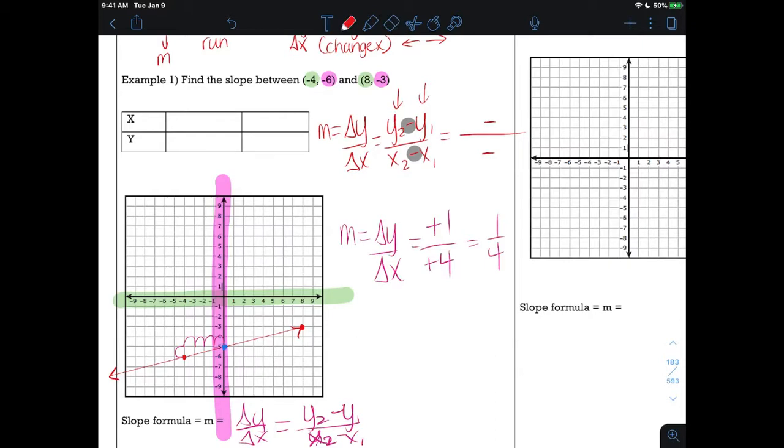Okay? So what I like to do is, because the 2's are in front and they're the ones subtracting, I like to always pick the biggest numbers to go there. So I look at my numbers, -4, +8. I'm comparing the x's. Looks like +8 is bigger. -6, -3. -3 is bigger. So I'm going to say that these are my 2's and these are my 1's, okay? And I'm going to write below them